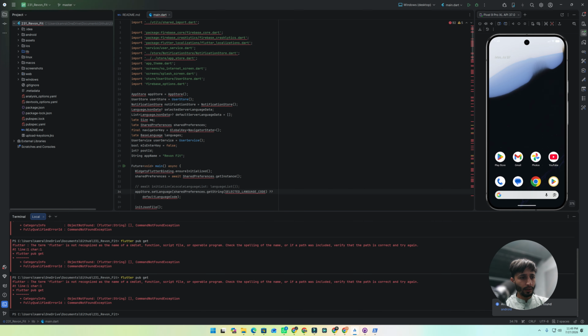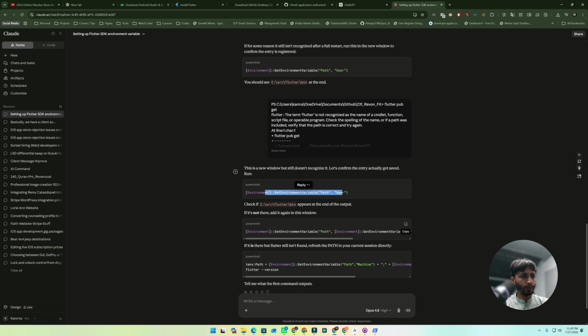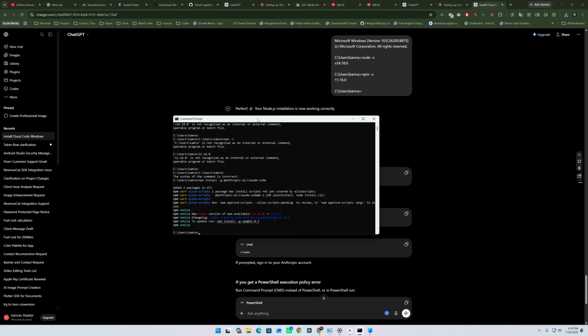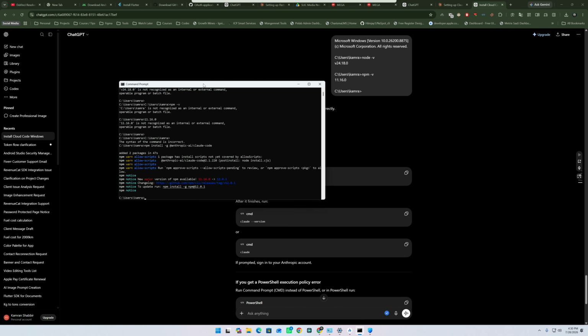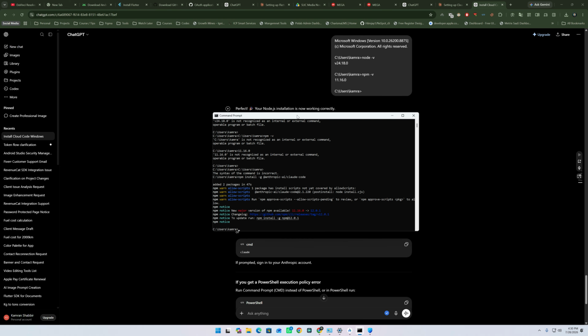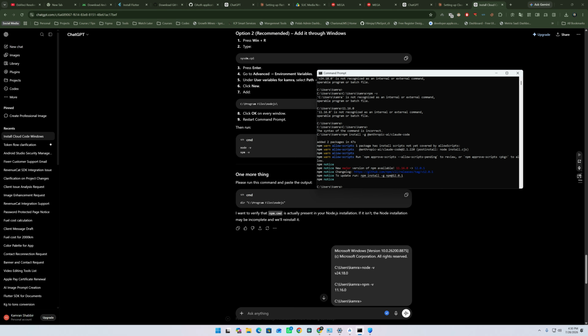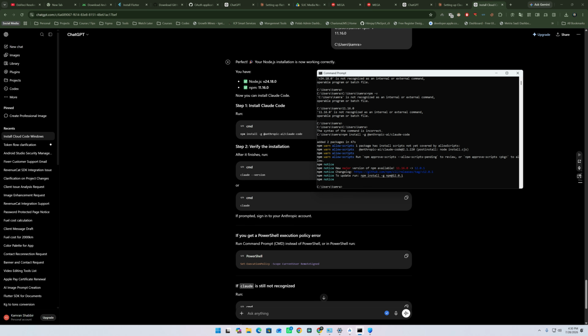We are still getting the same issue. Let's go to ChatGPT again. So in the background, I have tried different methods, but the only method that worked was installing Node modules and then installing Claude in the terminal using the command. So basically I've tried a lot of things. PowerShell was not working. It was taking a long time. You can note the time before the meeting.